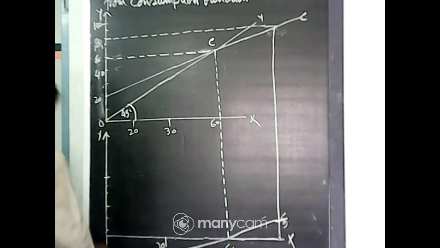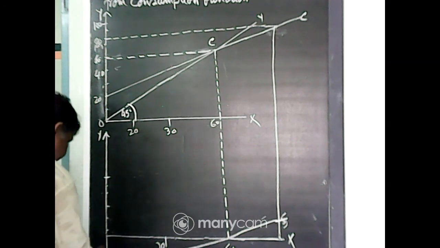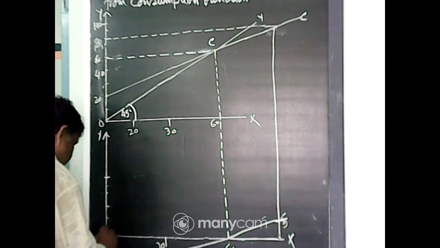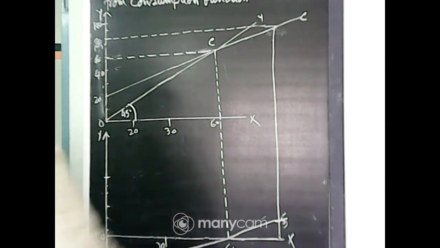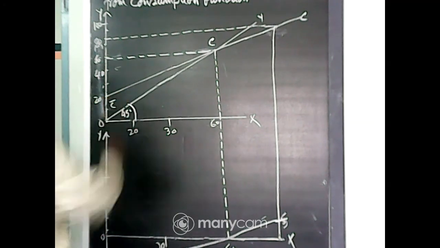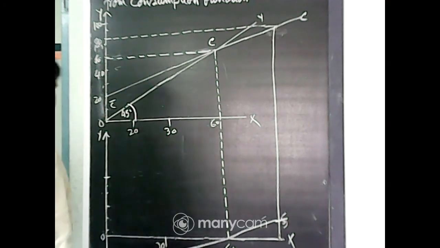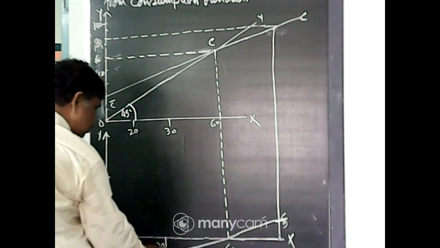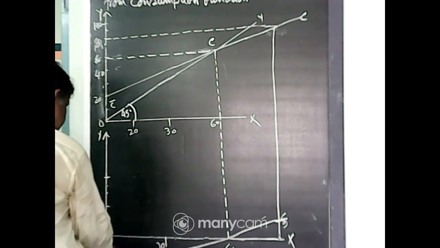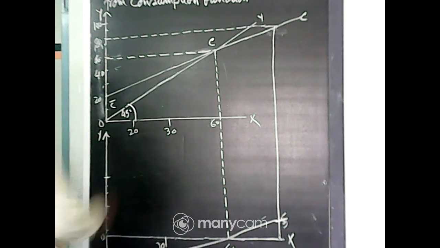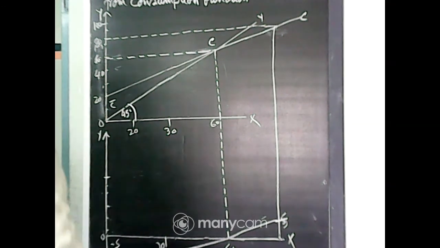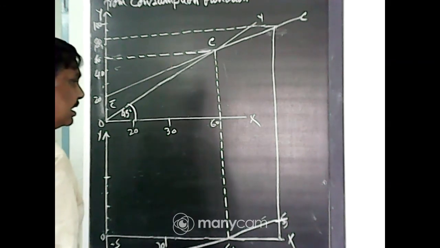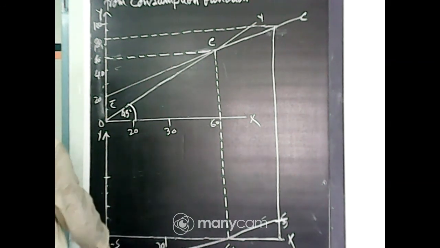So saving curve starts from minus 20, because here is autonomous consumption, that is C bar. C bar means have no income. So as someone is consuming, it is called minus saving, that is minus S. So saving curve starts from the negative side,